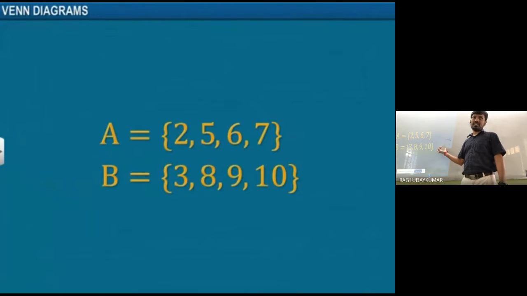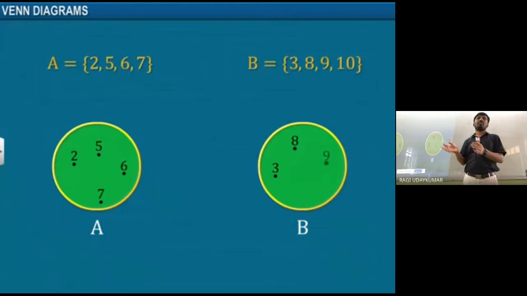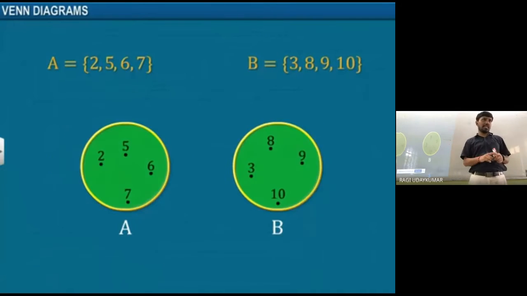be used for the universal set. Normally, if you take A is equal to 2, 5, 6, 7 and B is equal to 3, 8, all the elements will be included in this set. A will contain one element of the set as one point, and B, whatever elements are there in B will be included here. B is 3, 8, 9, 10. So like this, whatever elements are there, they are going to be present in the oval shape, and these all will be included in a rectangular shape.